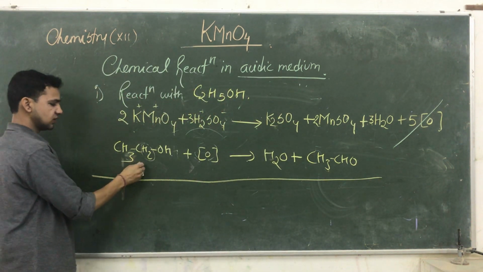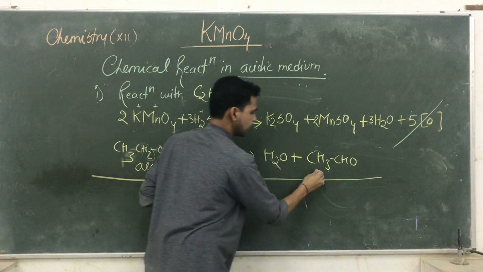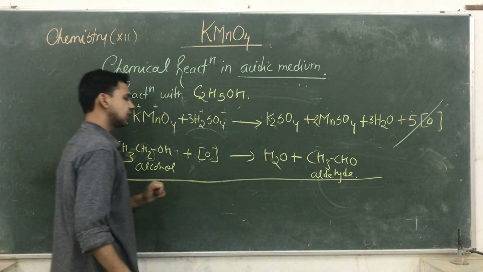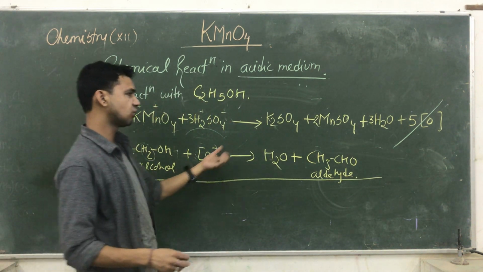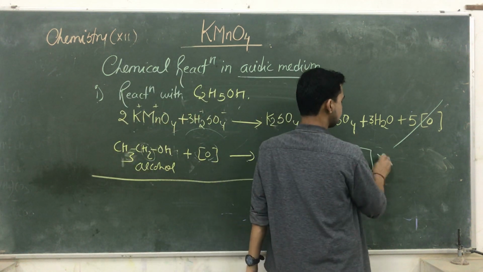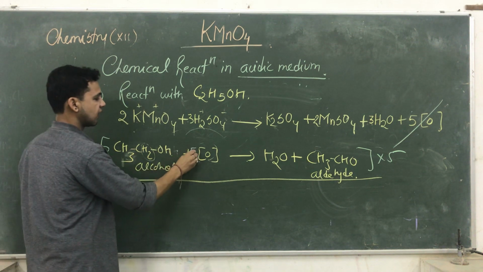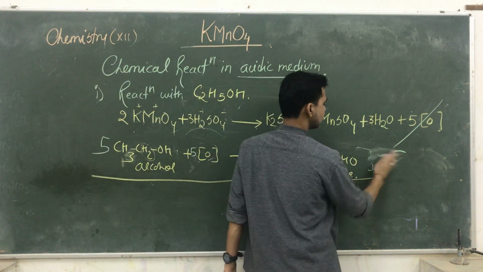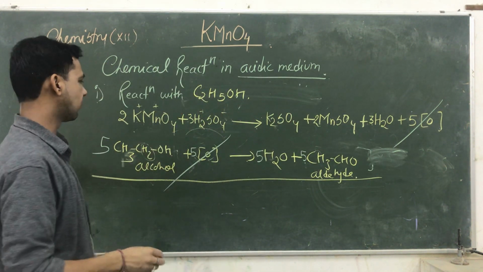After the oxidation, ethyl alcohol is converting into aldehyde. But we need to balance; a nascent oxygen is also here. Is one nascent oxygen, there is a 5, so we need to multiply the whole equation by 5. That is 5 alcohol, 5 nascent oxygen, 5 H2O and 5 aldehyde formed. Just remove this. We just cancel the consuming oxygens by the above oxygens.